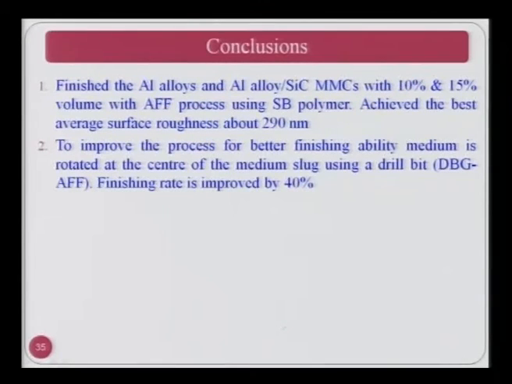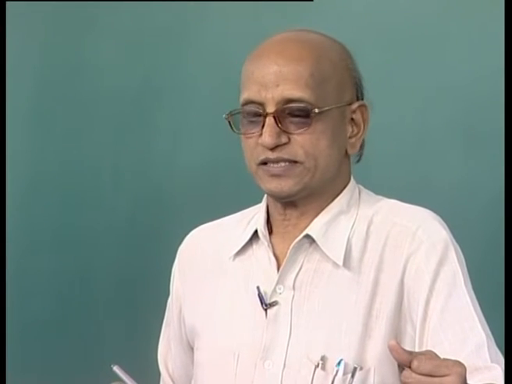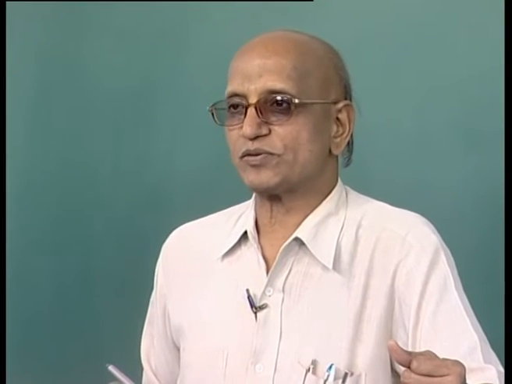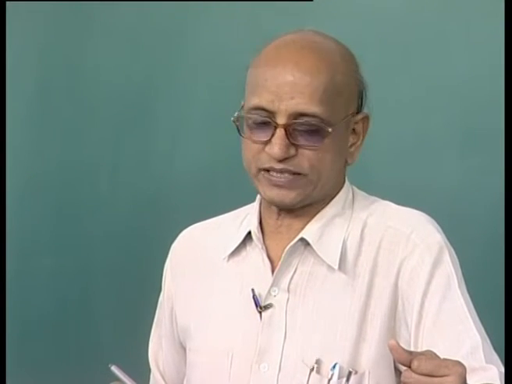It is very important to note that achieving a very low surface roughness value in metal matrix composites is very difficult, because the reinforcements are either projecting outside or, due to pull out, they are creating valleys. So you can obtain a very good surface finish in alloys or other materials, but you cannot achieve a similar surface roughness value in composites, especially metal matrix composites.